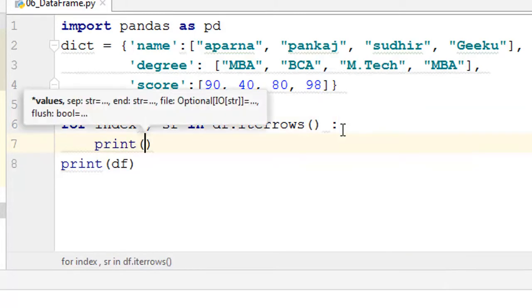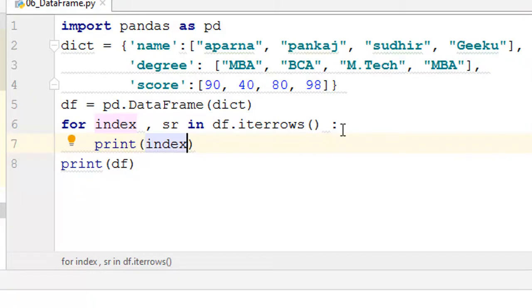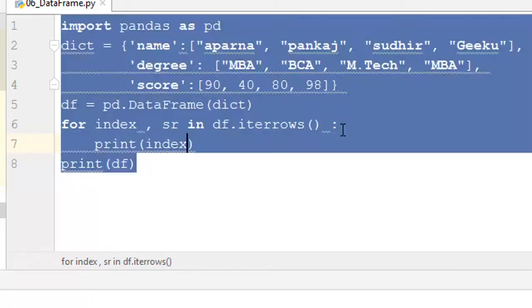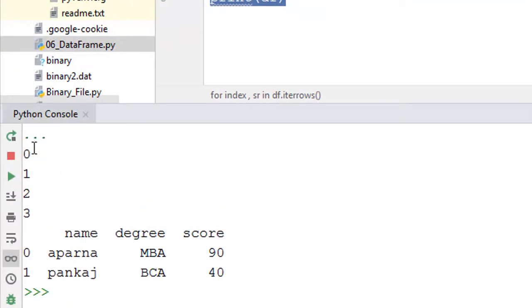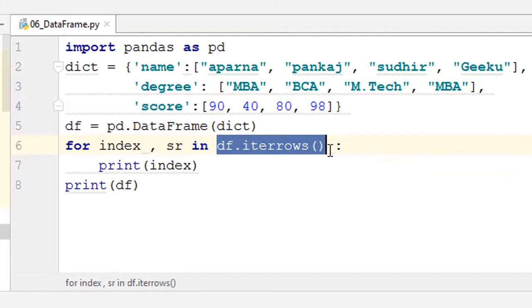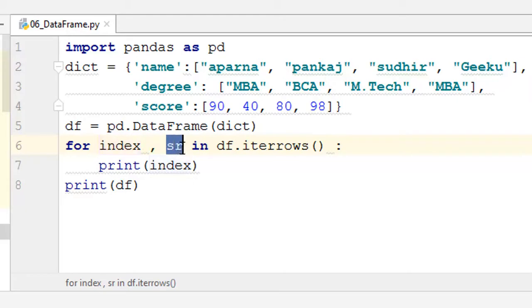Let's print this. From this example you can see only the row index is printed, hence it proves that df.iterrows gives you the first value as an index, and then the second value is your series.